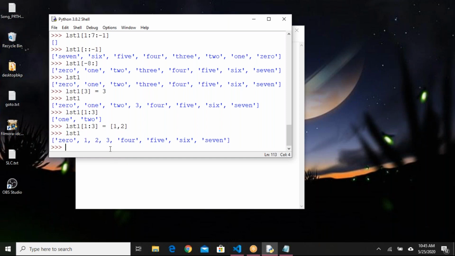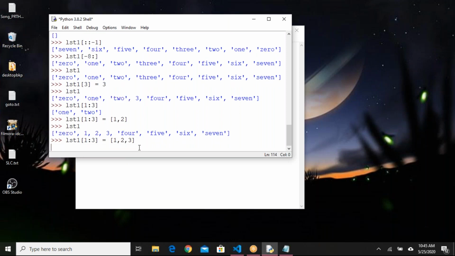Okay, what if I provide more values? Here I'll take only a slice of two elements, but I'll provide more elements. What happens? Let us see. list1[1:3] equals 1, 2, 3. See here, I have taken only a list slice of two elements, and here I'm assigning three values. What happens now? Any guess?